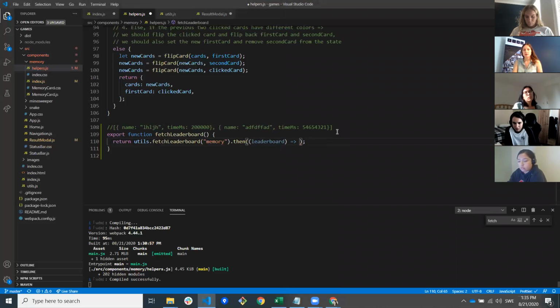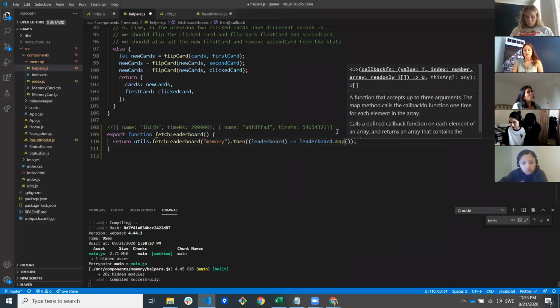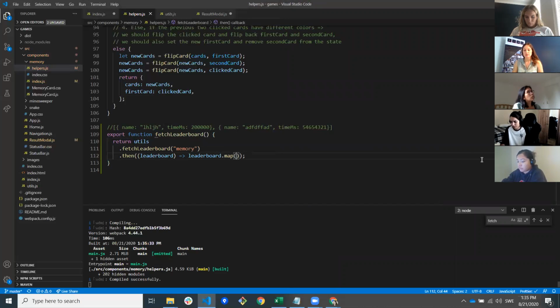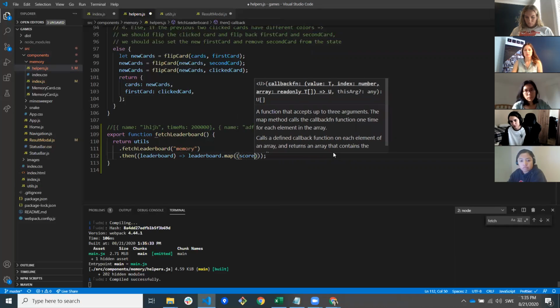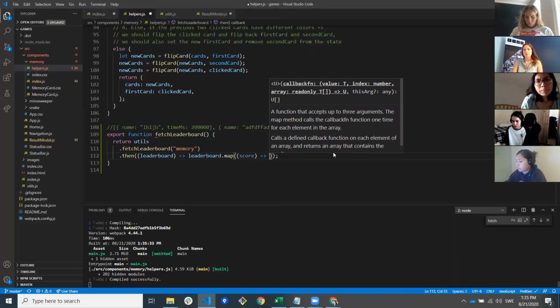So leaderboard arrow leaderboard.map, and then inside here we're gonna pass a function that processes each score object in the array. An object looking like this, name and time MS. So I'm gonna call it just score. What do we do with a score? We want to return a string representing this score. So we want to return something like,